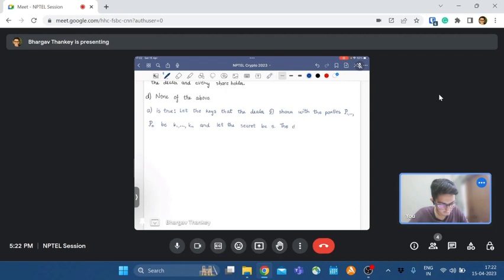The dealer picks a polynomial p of degree t such that its constant term is s, that is p of 0 is equal to s, i.e. p's constant term is s,